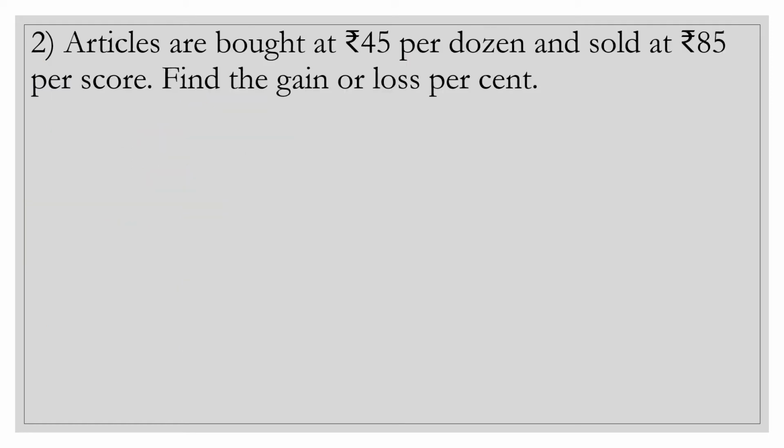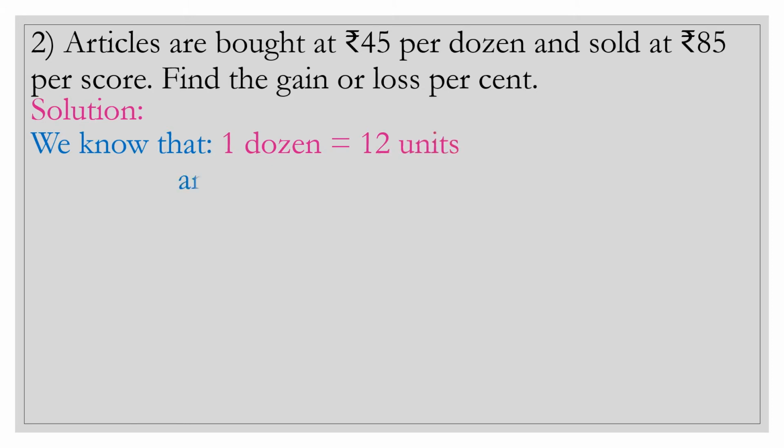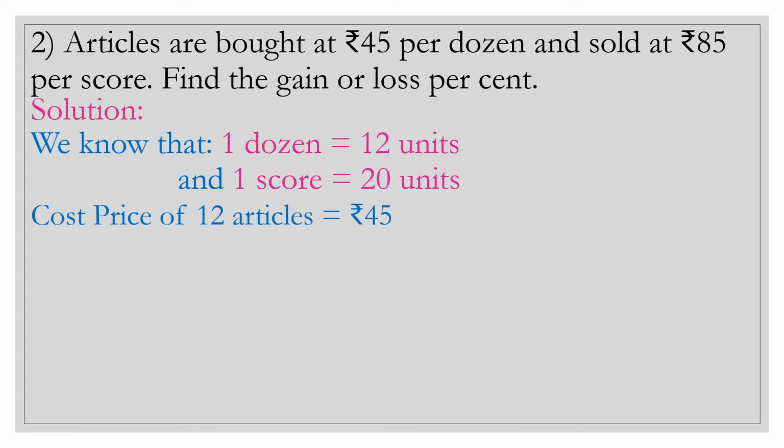Next is question number 2. Articles are bought at rupees 45 per dozen and sold at rupees 85 per score. Find the gain or loss percent. We know that 1 dozen is equal to 12 units and 1 score is equal to 20 units. If cost price of 12 articles is equal to rupees 45, therefore cost price of 1 article is equal to,